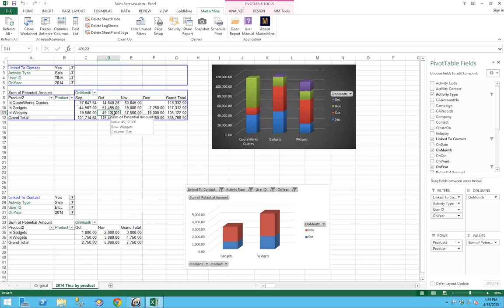So the next thing on our agenda here was to talk about drilling down and accessing GoldMine data. Now, the simplest drill down is really just double-clicking on any number. And this is true for any MasterMine report. Any MasterMine report that's got information in the data area, you can double-click on it to see the detail that's